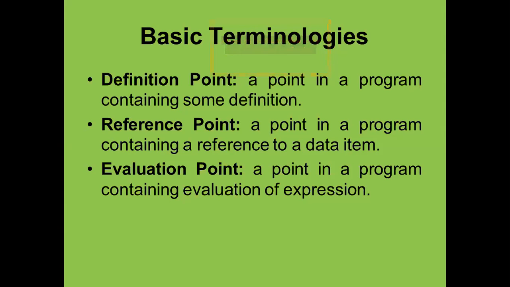The third is called the evaluation point, because the evaluation point is, you can say, the final point. On the basis of the evaluation point, you will evaluate the whole expression. You will find out the output, that is called the target code execution point. So it is a point in a program containing evaluation of an expression. There are several expressions which are dependent on the main expression, several preceding expressions which depend on the final expression, and the final expression must be a long one. That point is called the evaluation point.